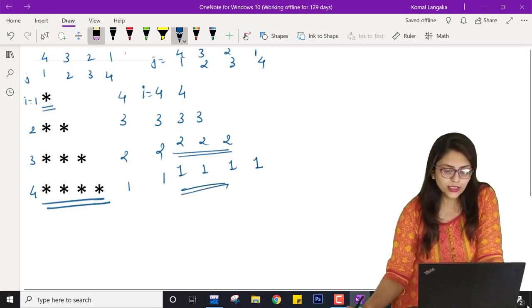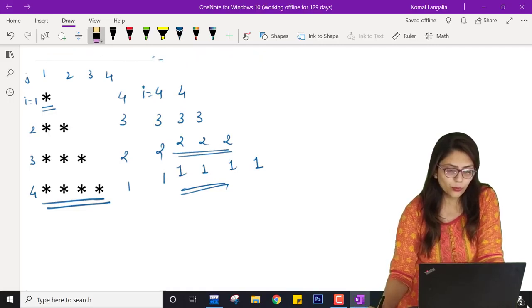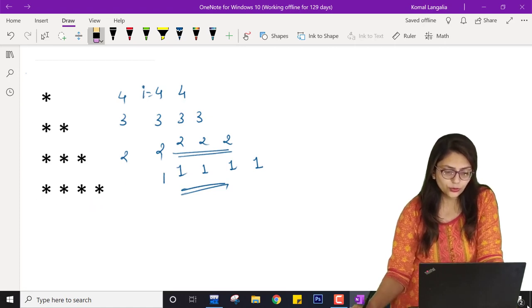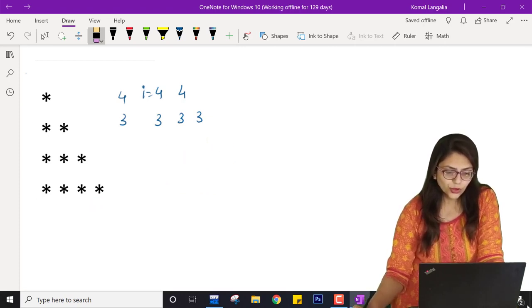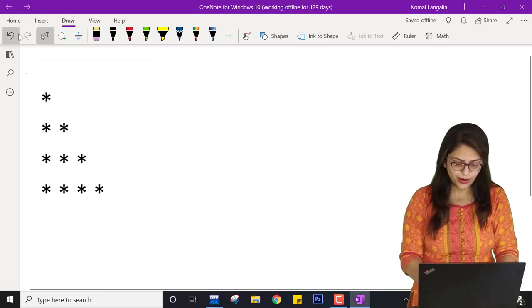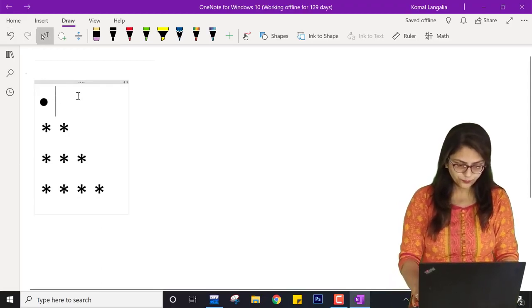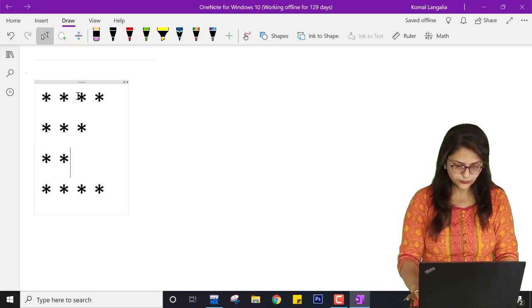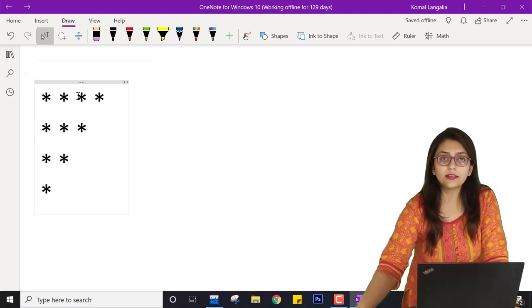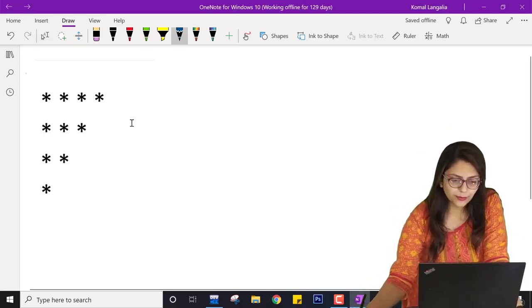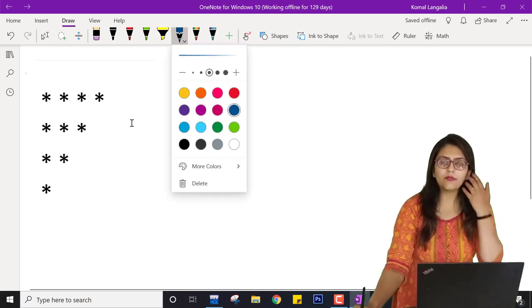So now in today's class we are going to start with another kind of quarter. We have already seen so many examples which cover the other quarter. Now I will show you which kind of quarter we are going to cover. So suppose I want to cover something like this. So let me change the pattern. Right. So suppose I want to print a quarter like this. What will be the code for that? Let us first understand the code and then we will proceed to the programming, and then we will see other variants of this pattern.